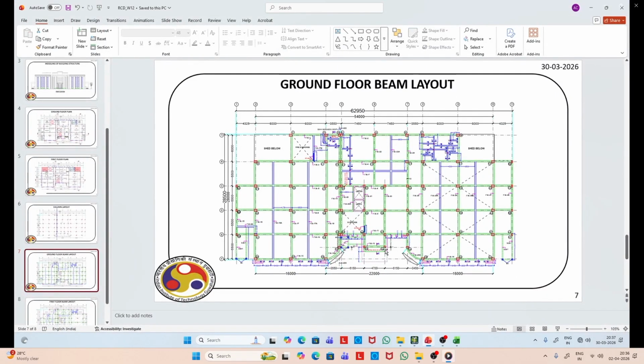So there are some additional columns here. As you can see, those are circular columns. We have to create those points as well. So that lateral dimension is 4.7, as you can see, and the next one is 5.15.